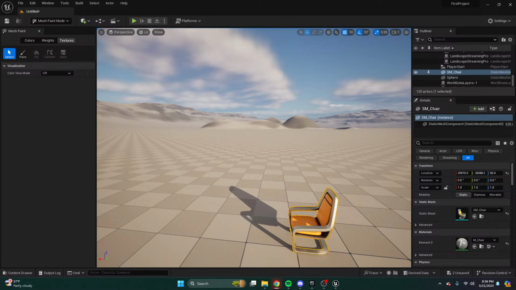And probably the best example I have for the content drawer is that it's like your computer's file explorer. So just like on your computer where you have folders, and in those folders you have subfolders, and those subfolders contain assets like text files or Word documents, same exact thing with the content drawer in Unreal. So you have folders, and in those folders you have subfolders, and finally you have all those assets that make